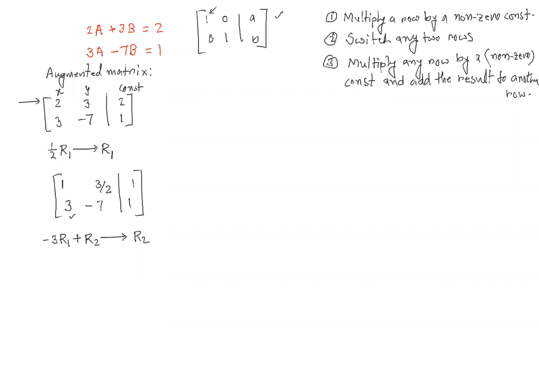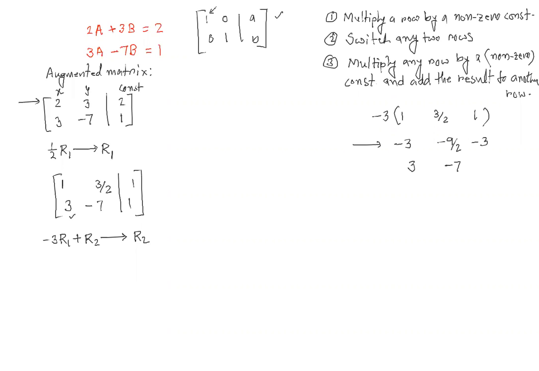What I'm going to do, I'm going to do this calculation on the side so that you can see it. So my row 1 is 1, 3/2, and 1. I'm going to take this row and multiply it by -3. So -3 times 1 is -3. -3 times 3/2 is -9/2. -3 times 1 is -3. Then I take that result and add it to the existing second row, which is 3,